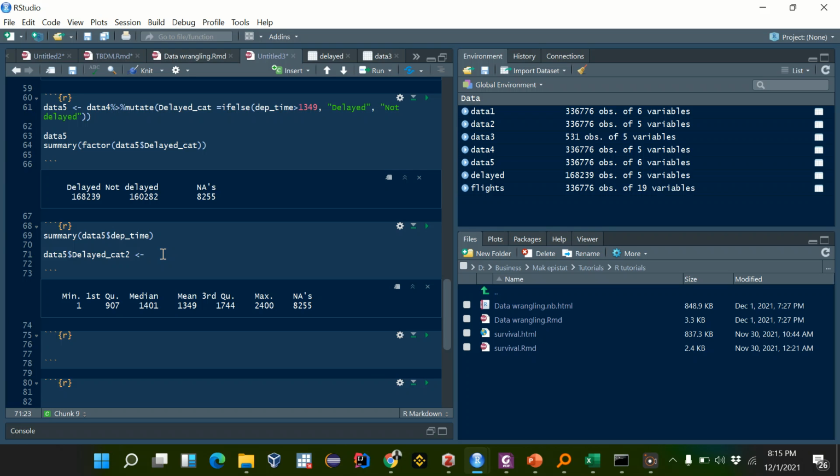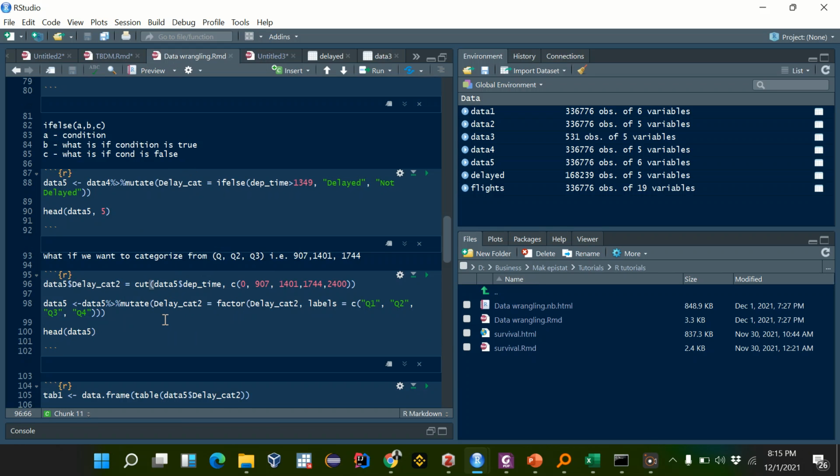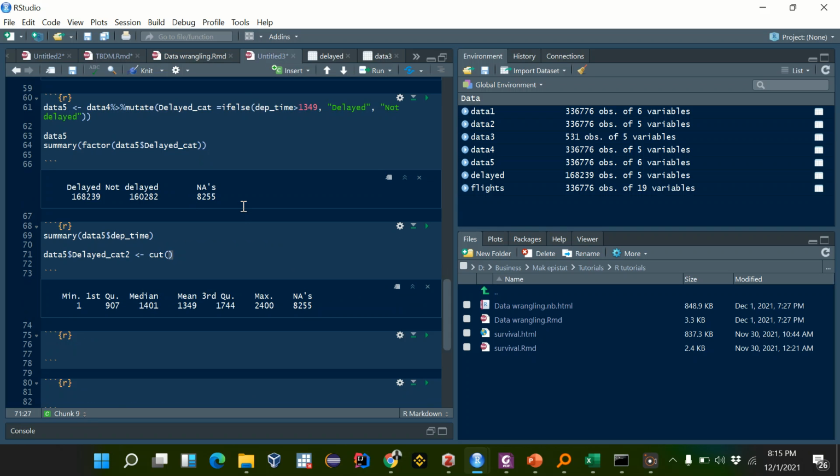So we're going to cut. We are cutting departure time, don't forget that. So to select data, we are going to cut departure time from dataset 5. Okay, we are cutting departure time